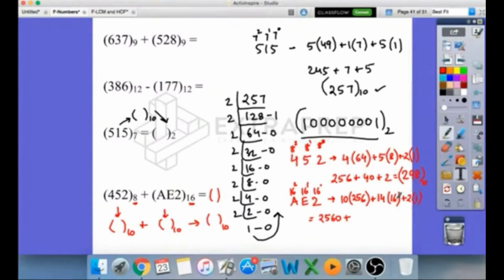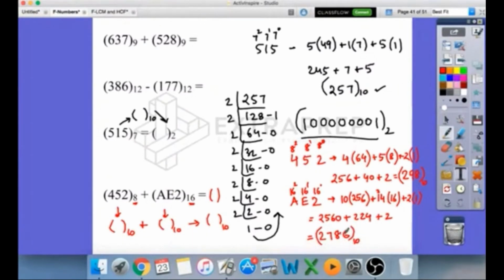Or you can use the logic that I taught you yesterday. See, this is into AB into AC where B plus C is 10. So 1 multiplied by the next number is 2, and 4 6s are 24. You get 224. I taught you that model yesterday, okay? Plus 2. That's equal to 2786. So 2786 and 298 should be added and you'll get the answer in the decimal system. This is base 10.